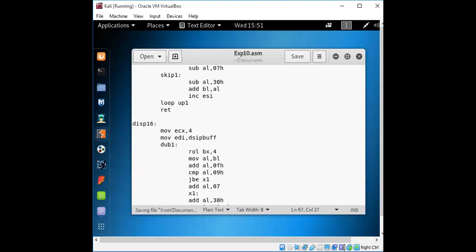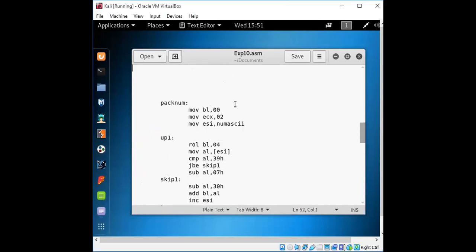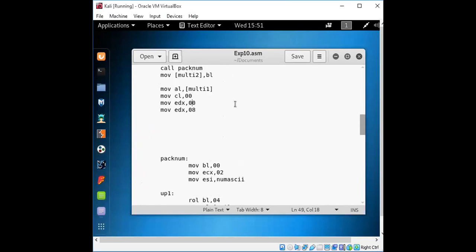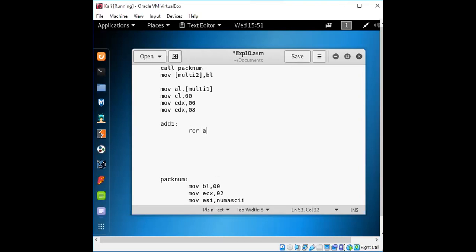Now we'll write it with the content for actual addition. So here, after performing this, moving the content, add one link. It might be within our loop. Now here first we need to check it with the rotate with 1 bit, carry if it is generated, then repeat with the next.